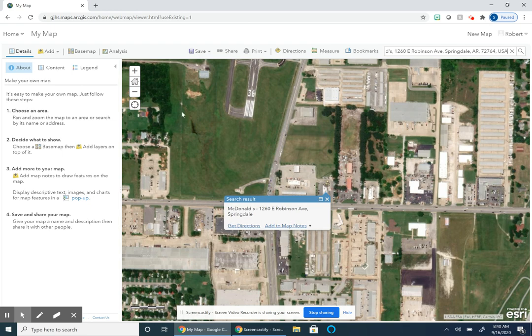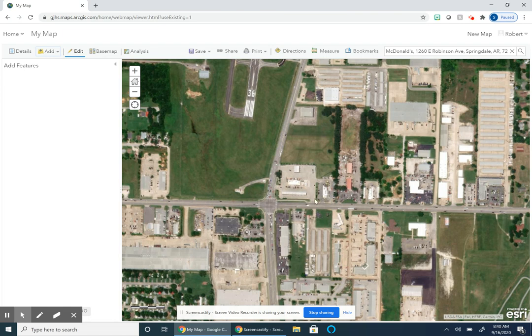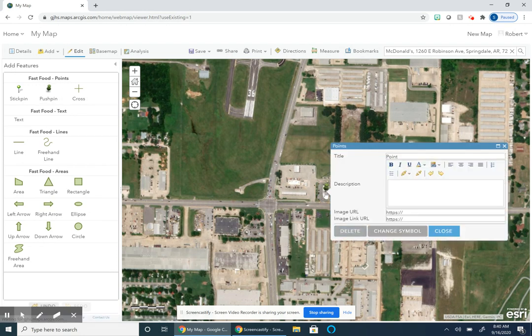I'm going to click add. I have to do this one time to get started. Add map notes. And name this fast food. I'm going to click the top of that McDonald's building. Name McDonald's on Robinson. I'm going to copy and paste the address